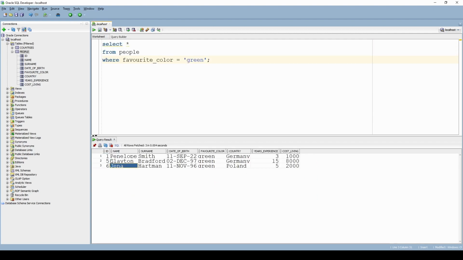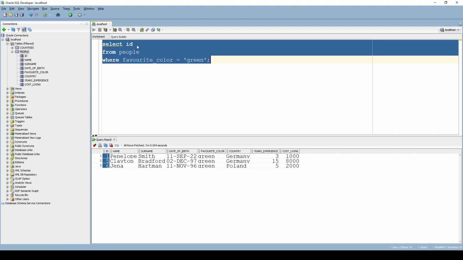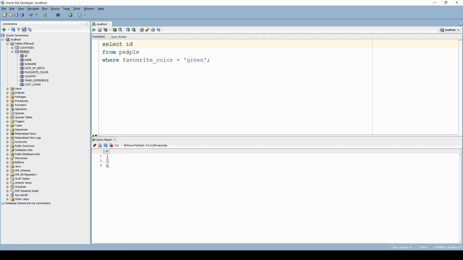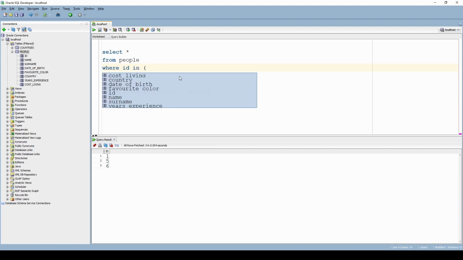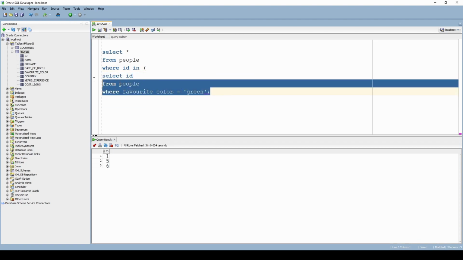Here we have the results. And you can see that currently here we have some IDs. So what we can do is select only the IDs of these rows. So we have only IDs. And now a result set like this can be used by us as a list that we will use in another query. So basically, what we can now do is we can just say select star from people where ID, and now we say in, and now we open the parenthesis,